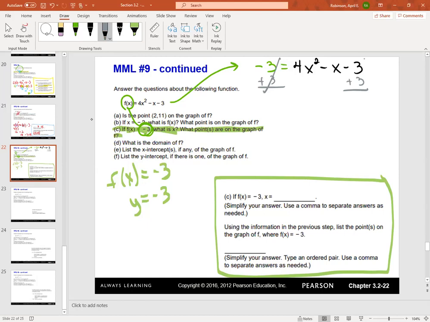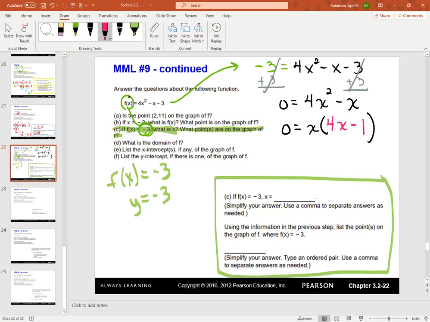That cancels, and so does that. So I'm going to get 0 equals 4x squared minus x. The only factoring I can do on this is greatest common. They both have an x in common. So I pull out the x and I am going to be left with